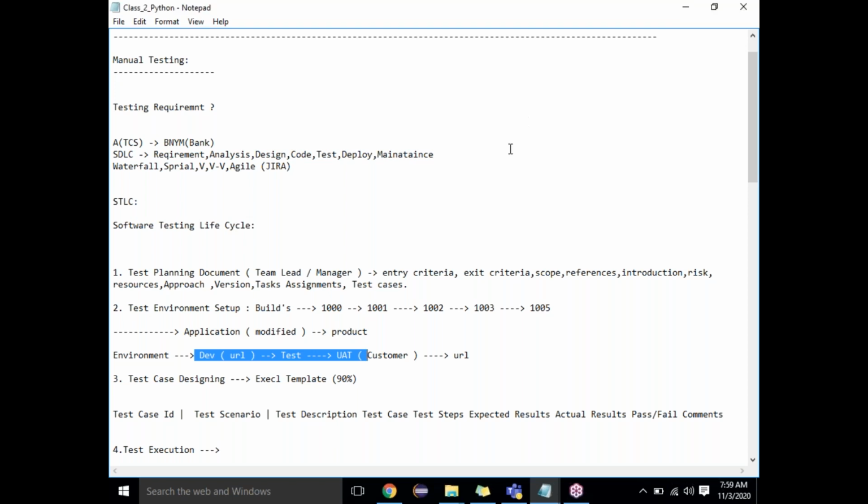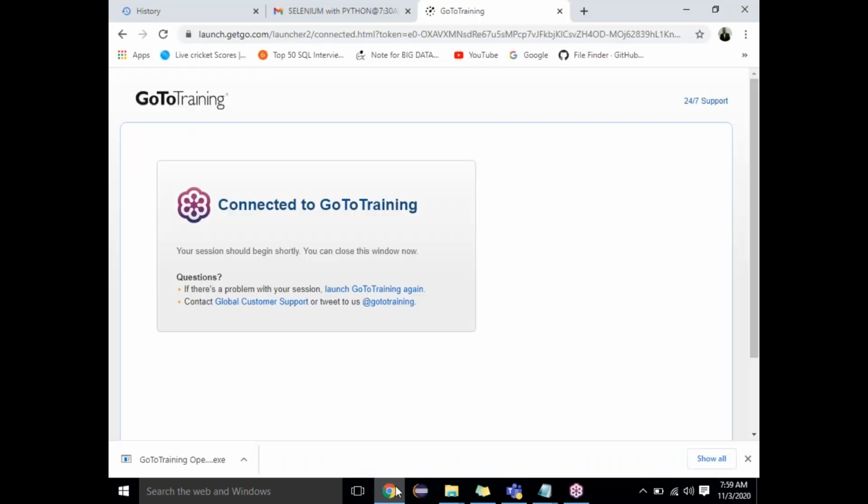Developers will be working on the dev environment. They will provide us something called the test environment, and after testing is completed, they will move it to the UAT environment. If you want, I will show you an example with a small environment.